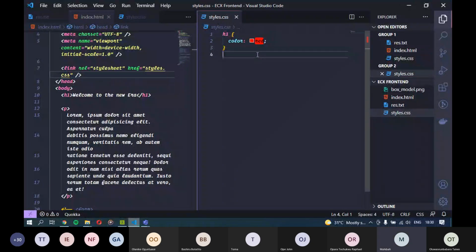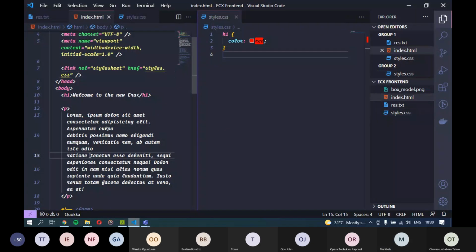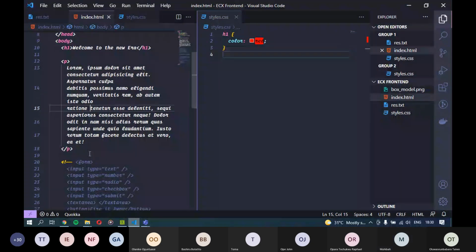Now, you would ask me why. Why should I stress myself and create a whole new file? So the thing is, if you create an external style sheet, after building this page, so let's say we built Google's homepage, the one that we have here.